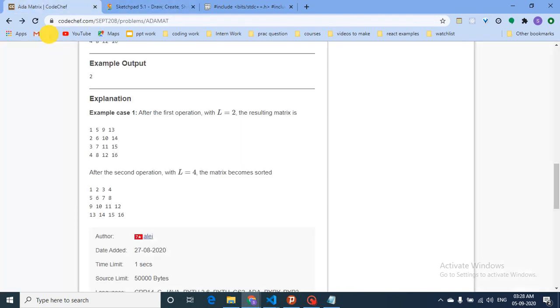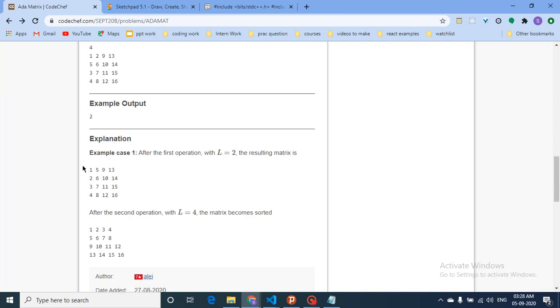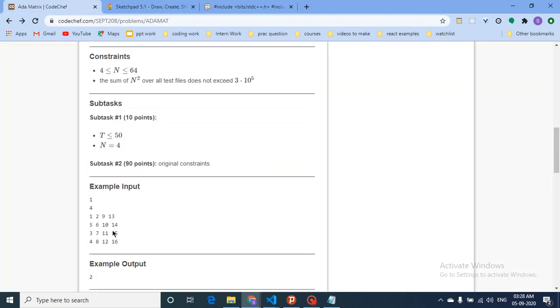As you can understand from this example, this is the initial matrix you are given. If you take L equal to 2, this submatrix, and flip it, the diagonal will remain at this position, but the rest will flip, so this will become 2, this will become 5, this will become 3, and so on. First flipping this matrix and then flipping for n equal to 4, the whole matrix, it will become in this format. So that's the whole question.